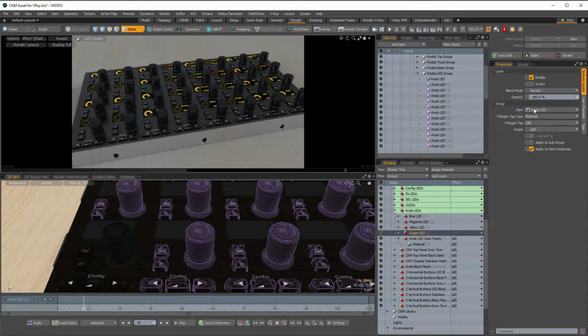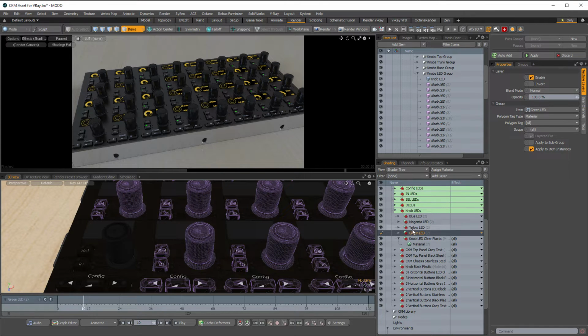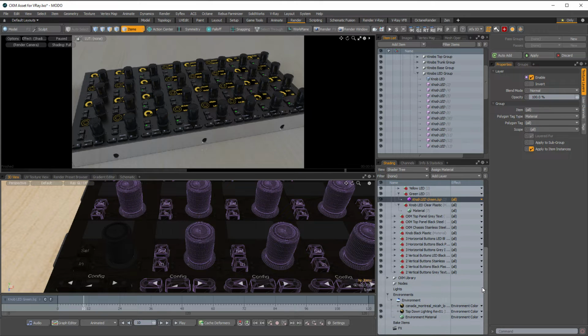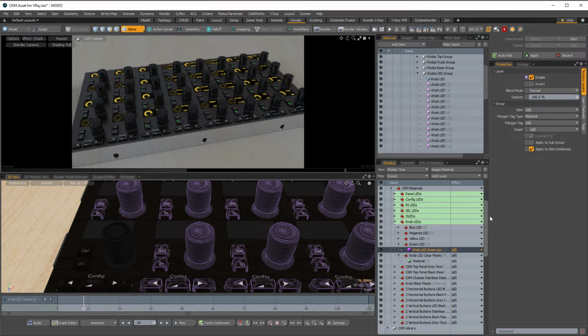So if I go over here and I select my item, I don't have to pick one of these buttons or knobs. I just pick, see that has little white brackets around them, I pick one of my groups. So I got a green LED group, and inside that, I've got a green LED preset. In fact, that preset comes from my library down here. So I think I have knob, green LED, there it is. So this is the actual material that's been instanced up there via the library function in MODO